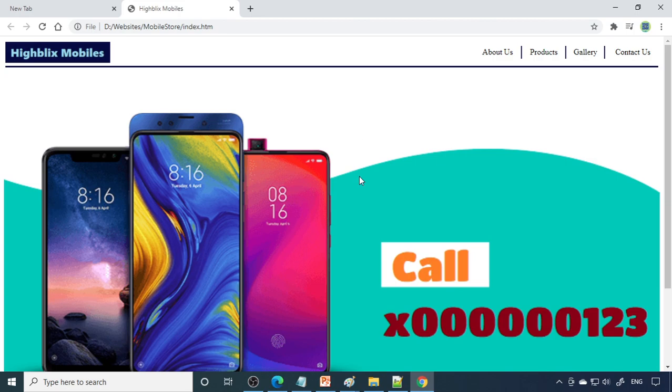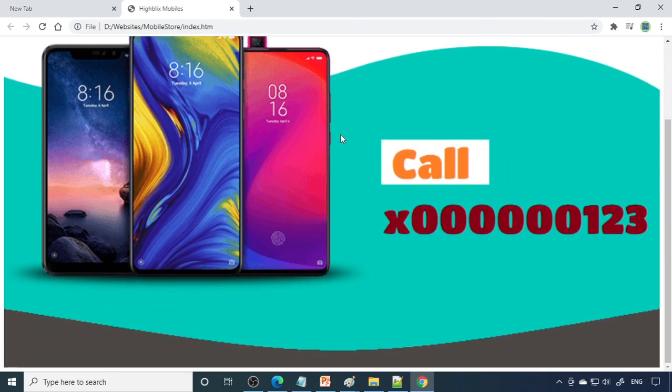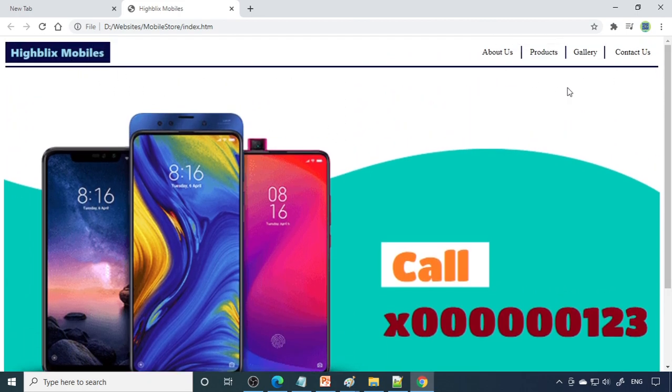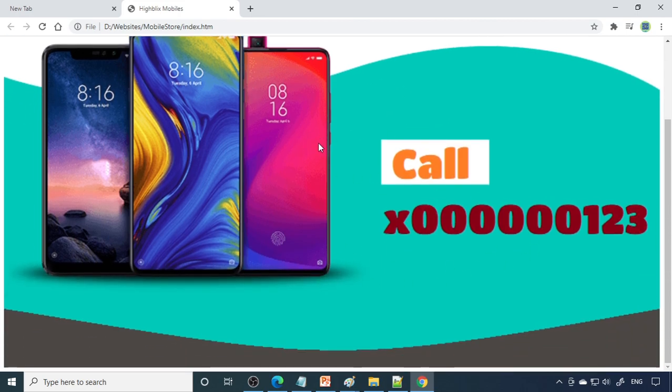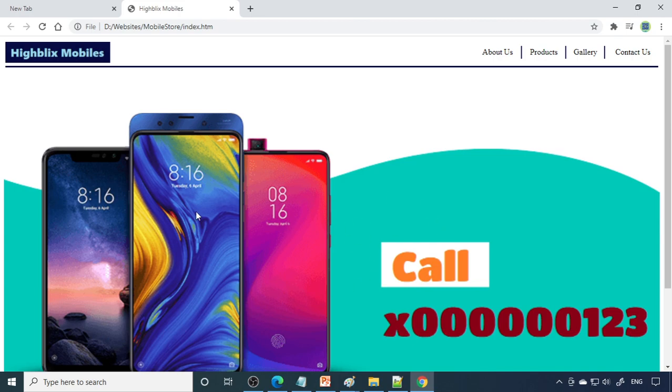Okay, so this makes our main page. All these things are there in the main page. Now we need to provide a link to these pages. So when I click about us, it should go to about us. When I click products, it should go to products, gallery, and then contact us. For that you require another 4 files. In all the 4 files, these top things are the same. Only the bottom is changing, pictures are changed, or we can redesign this.